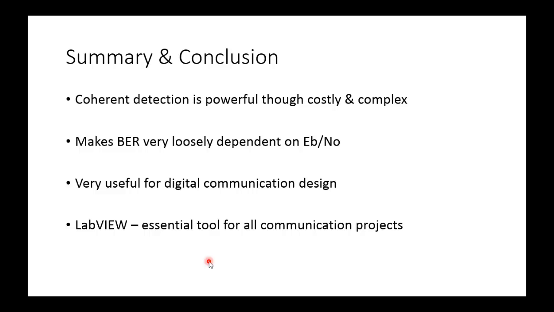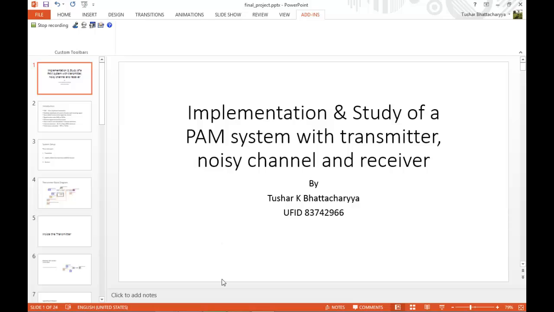So in digital communication designs where noise can be a very limiting factor, we can still have a very good design if we have a very good bit error rate, if we can still reproduce the original message well. And for this project I had used LabVIEW, which has turned out to be a very good tool and essential for all communication projects. Before I end this presentation, I would like to